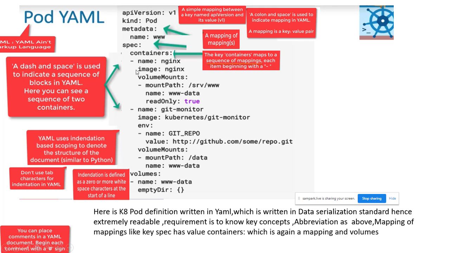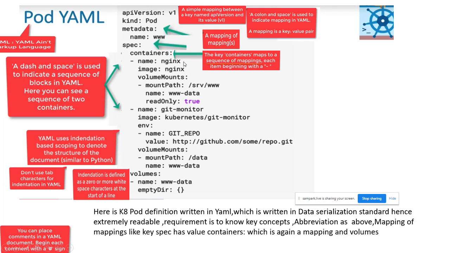If the spacing is not done correctly, the YAML will not be correct. The YAML file will be invalid. Also, for illustration purposes, you can write comments here, like if suppose this nginx container is basically a Docker image, you can